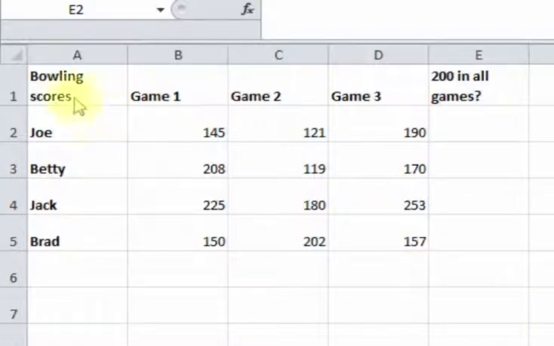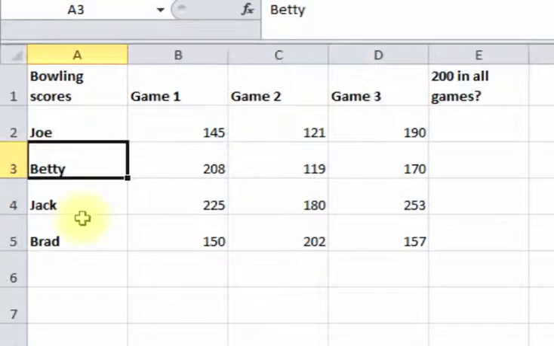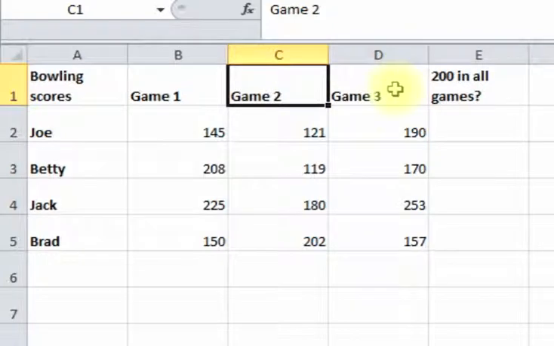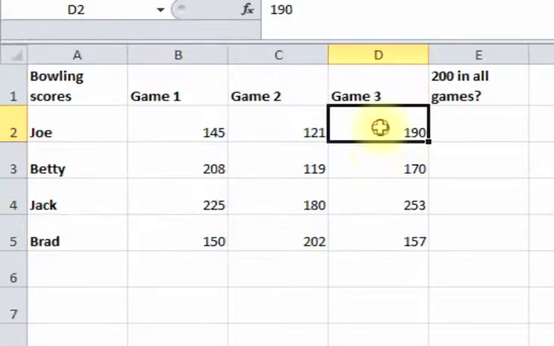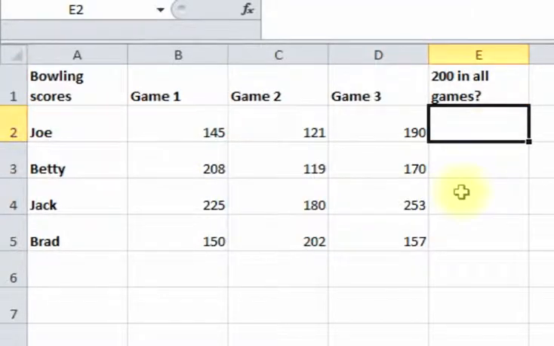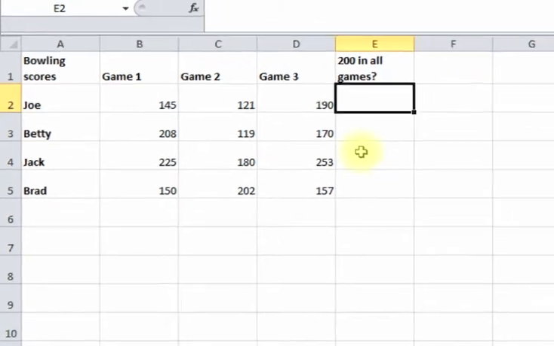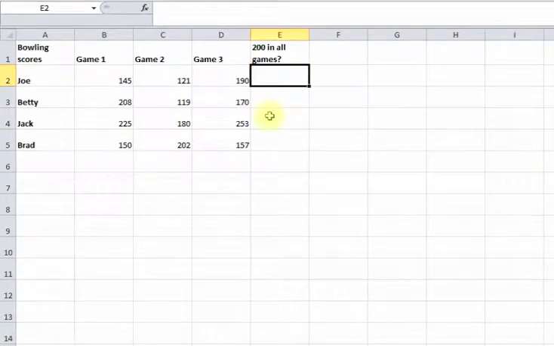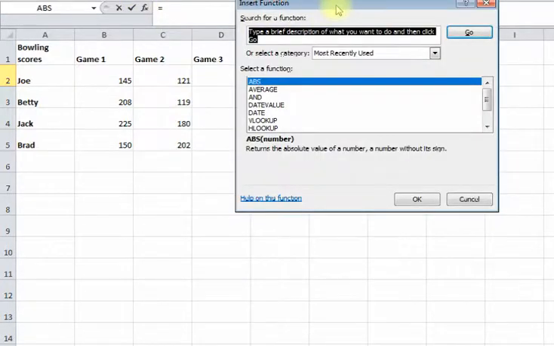So let's say we have this table here. We got a group of bowlers, and their scores over 3 games that are all in here. And say we want to know, did they bowl at least a 200 in all the games? So since we want to find out in game 1 and game 2 and game 3, we want to use the AND function. So we can insert the function by clicking the FX there,